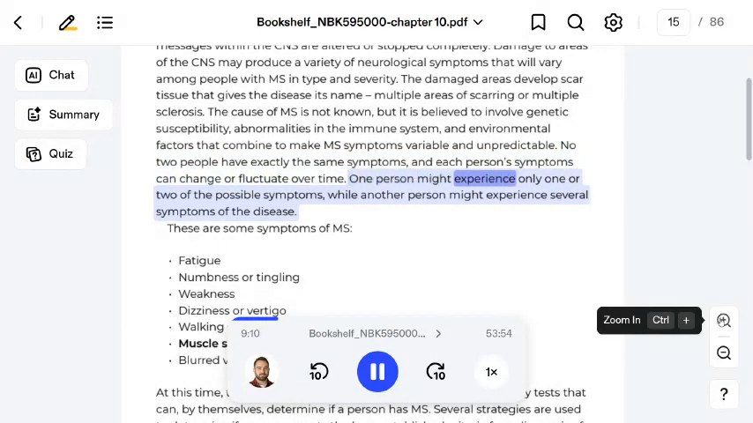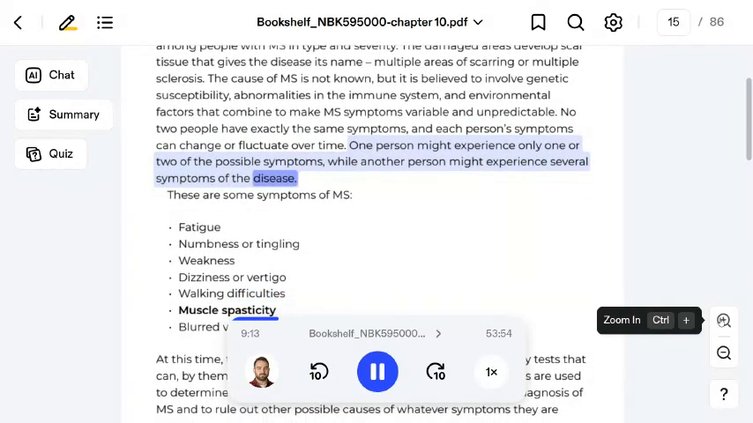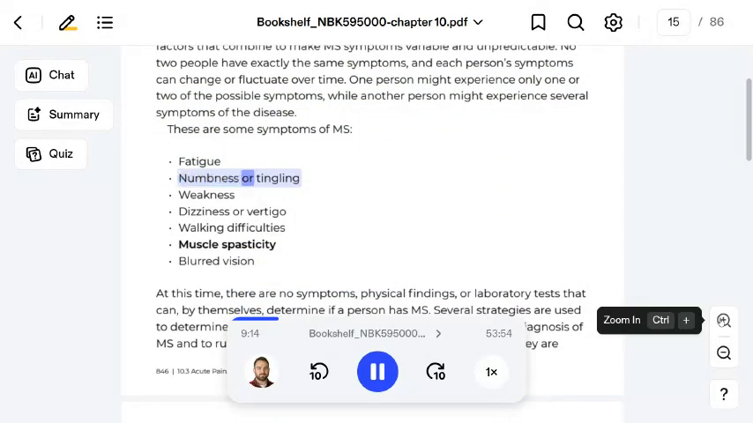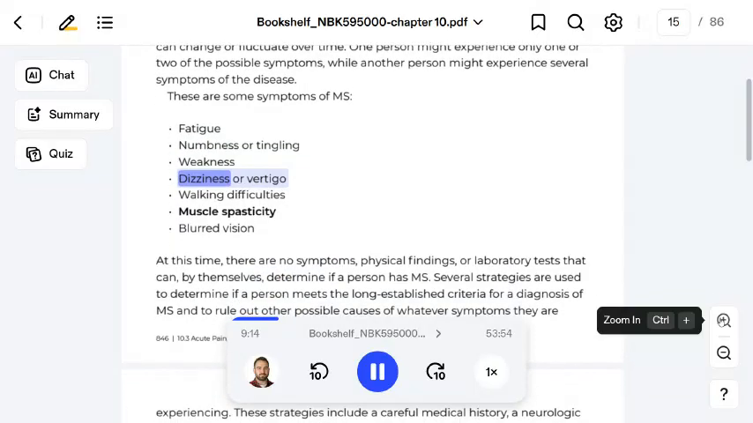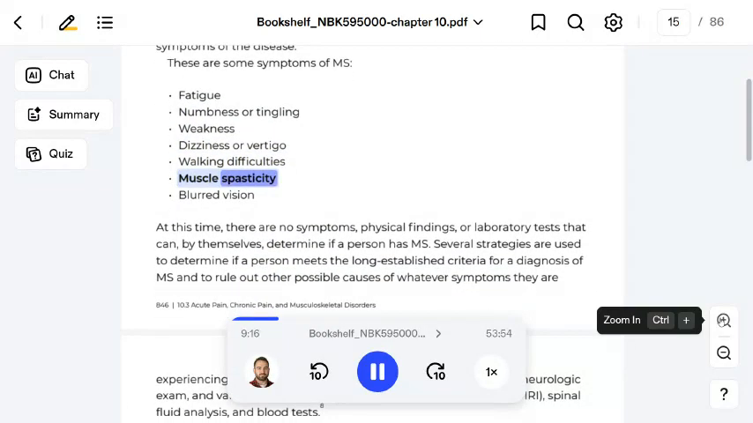One person might experience only one or two of the possible symptoms, while another person might experience several symptoms of the disease. These are some symptoms of MS: fatigue, numbness or tingling, weakness, dizziness or vertigo, walking difficulties, muscle spasticity, blurred vision,